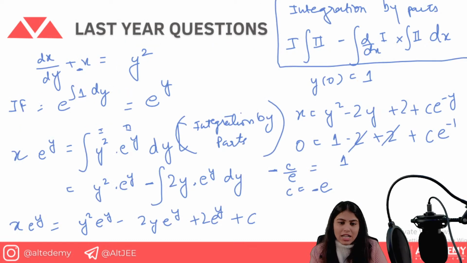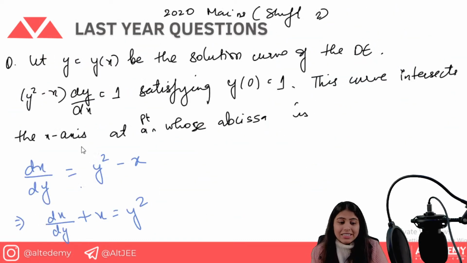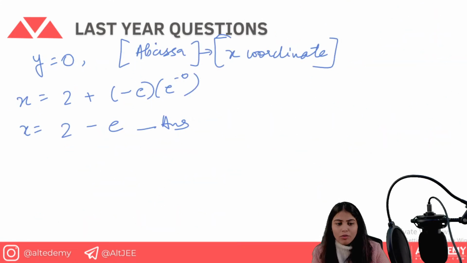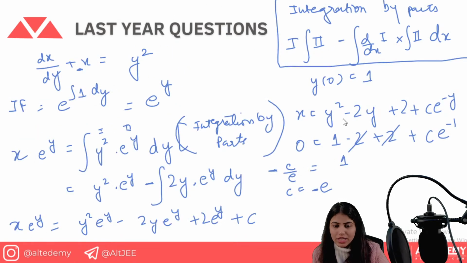Okay. What was asked in the question? The curve intersects the x-axis at a point. X-axis, it means intersect at x-axis. If something is intersecting at x-axis, that means, for example, we have this graph and then we have this curve. Okay. So for this point, the x point, y is going to be 0 here. Simple thing. Now, when we needed to find it, then obviously we are going to substitute y equals 0, and then we can get the value of x here. Simple thing, we got the equation of x here by this. So we can just easily substitute y equals 0.